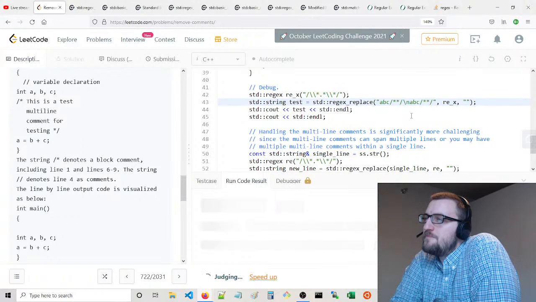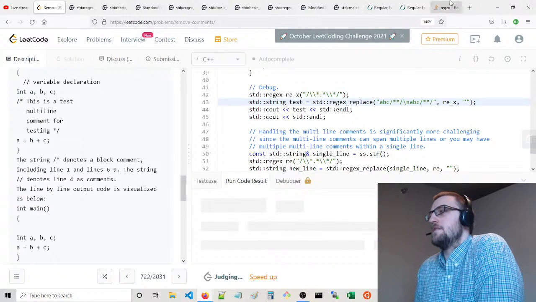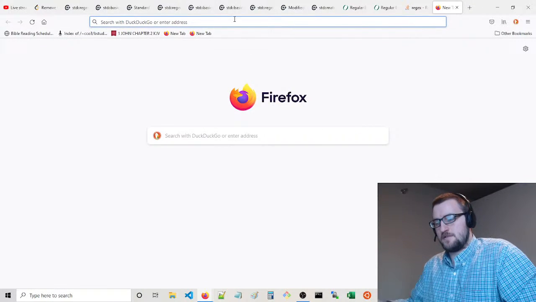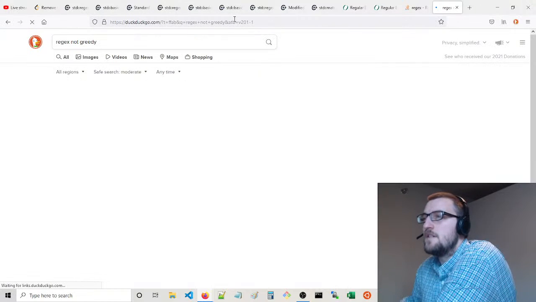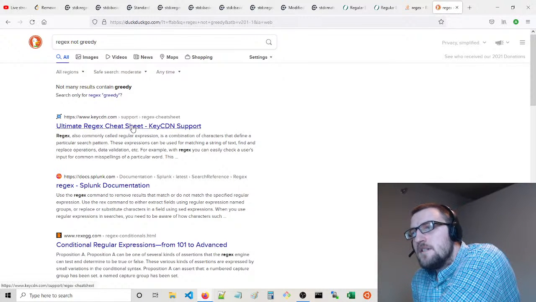How do we make this not greedy? Ultimate cheat sheet.